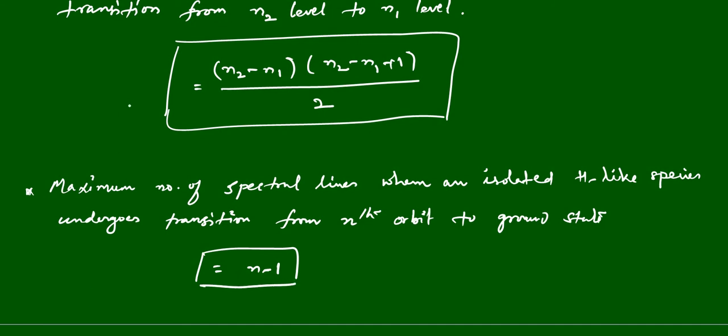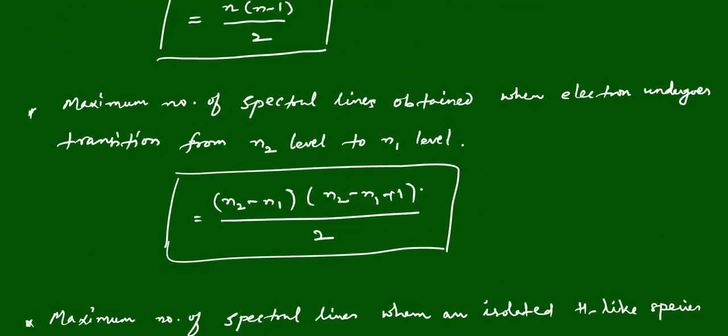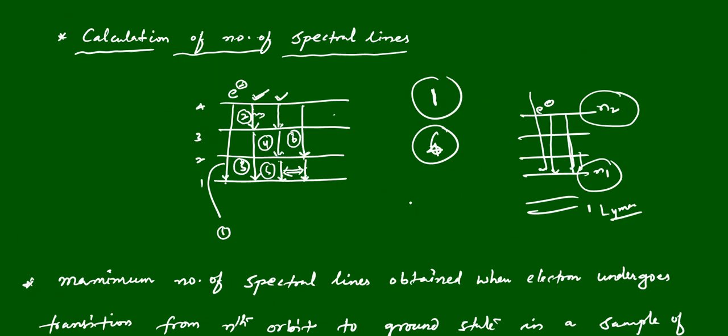See the difference between the first two and this third one. In the case of the third one, we have only one atom. Only one electron is excited. But in the first one we wrote here, all these possibilities are there. Here one electron has already de-excited, and the second transition is not due to the same electron. This is due to the other electron, because once an electron has de-excited, there is no other electron. The same electron we cannot consider here.